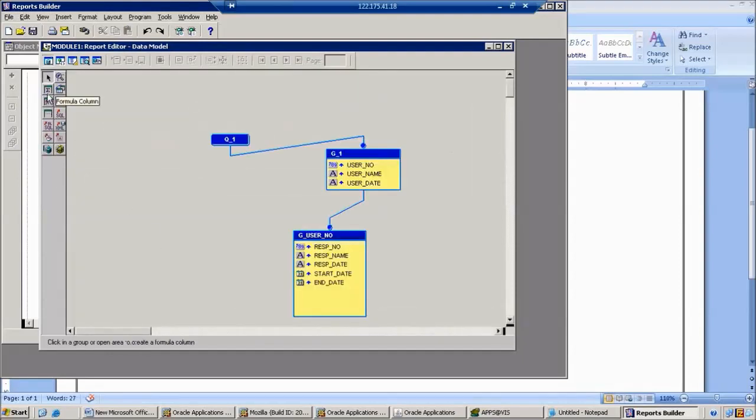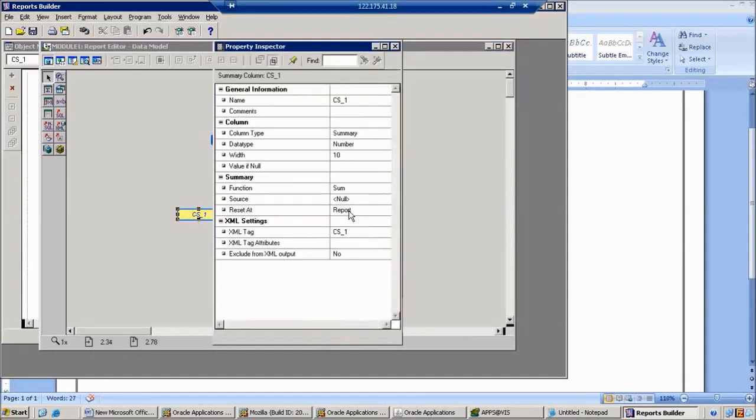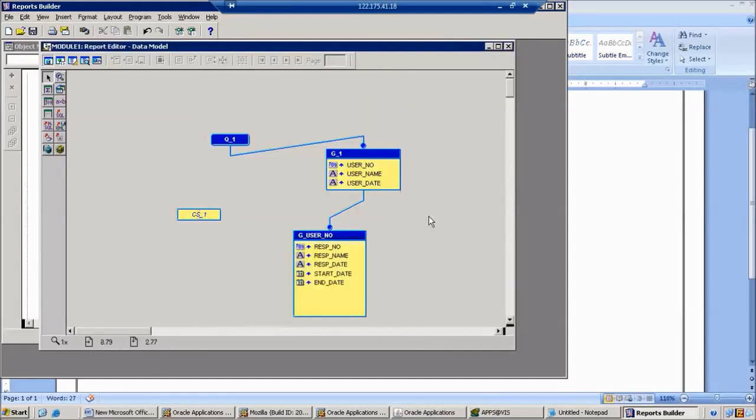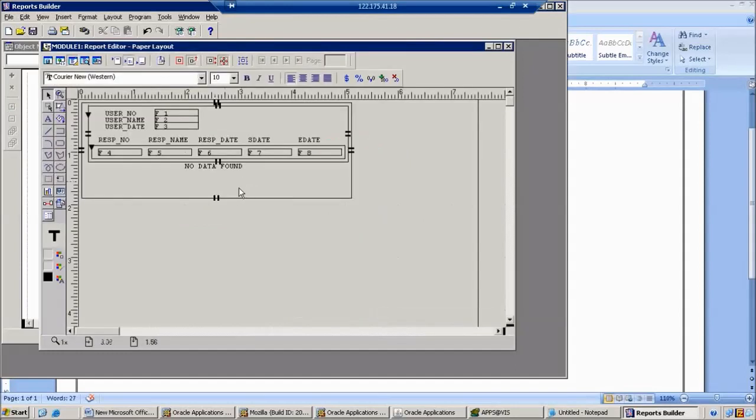We should count which one? Responsibilities. Place the cursor, we can locate it, and count of which source? Responsibility number. If the responsibility number equals 0, then only we display the no data found. Then select the no data found field where we can write the program.